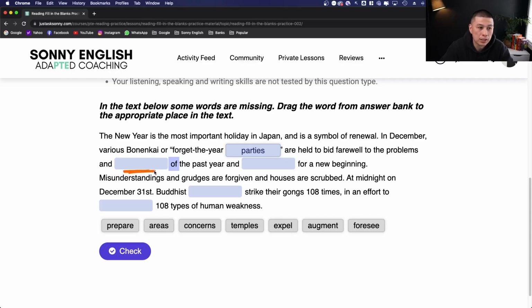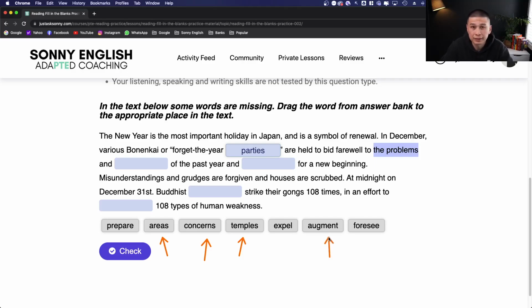Okay, another one. And with this right here in front, this is the noun in front of and, this is a positive or a negative. Do you agree that this is a negative word? So if it's a negative word, we're looking for a negative noun. And what do we have? We have areas again, concerns, temples. What else we have? That's it. Just these 3 nouns.